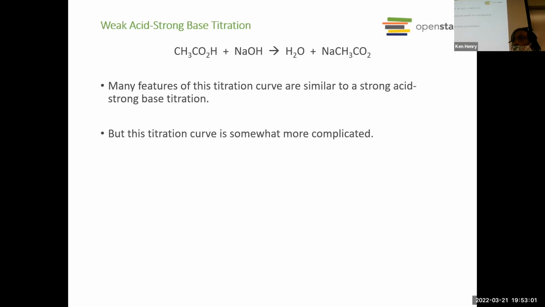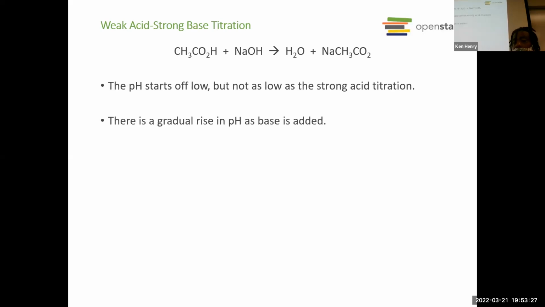Okay, in the case of a weak acid and strong base, an example of this is acetic acid and sodium hydroxide. So again, we're going to get water and then we're going to get acetate. Now this titration curve is going to be somewhat more complicated. It's going to be very similar. The difference is that, again, we're going to start off with a low